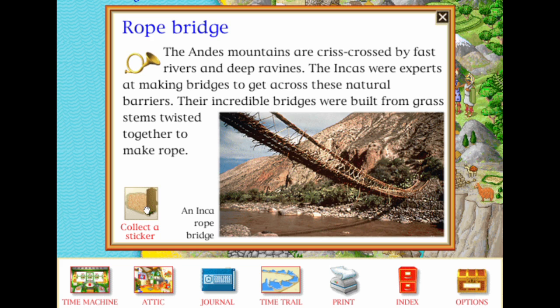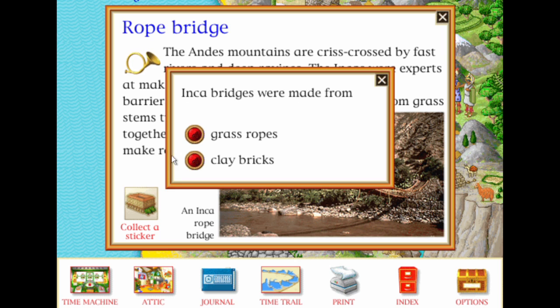Rope Bridge. The Andes Mountains are crisscrossed by fast rivers and deep ravines. Inca bridges were made from